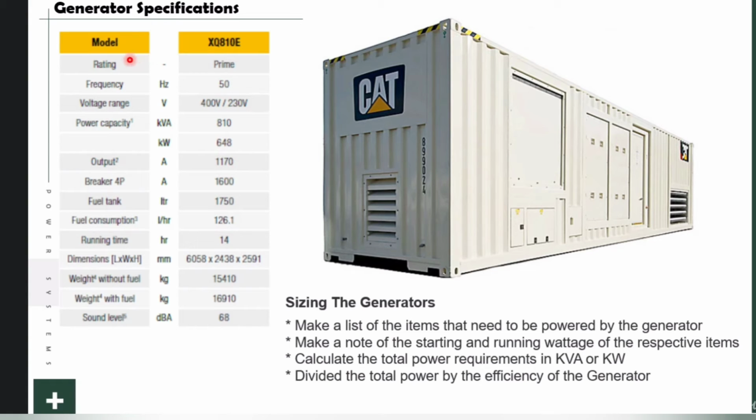First, the rating power, and second, the frequency, and also the voltage range for single phase and three phase, and also the power capacity in kilovolt ampere or kilowatt, and of course the maximum rated current in amperes, and the main breakers in amperes also, and the capacity of the fuel tank, and the fuel consumption